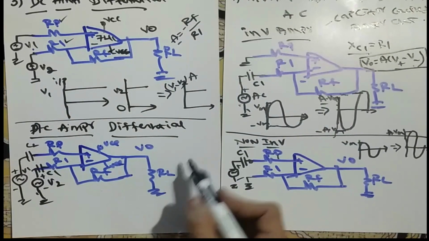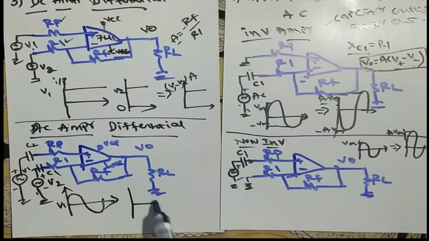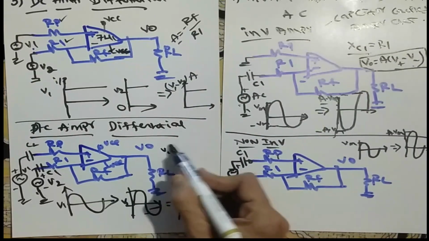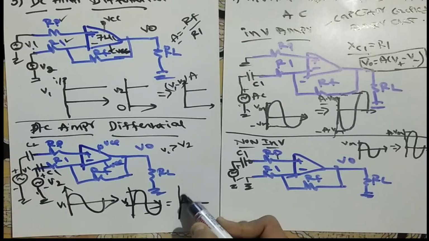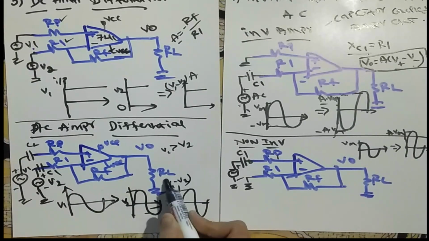And the signal, if you are taking it as an input, you get something like this is V1, and you can take this as V2. You are getting V0 depending upon which is greater. If V1 is greater, usually you will get non-inverting. If V2 is greater, you are getting inverting. That depends on this value. So I will assume V1 is greater than V2, so I will get the same as non-inverting. So we will get something here. This value should be (V1 − V2) into gain.